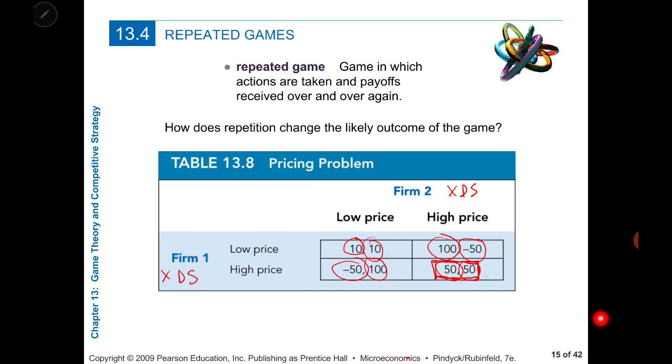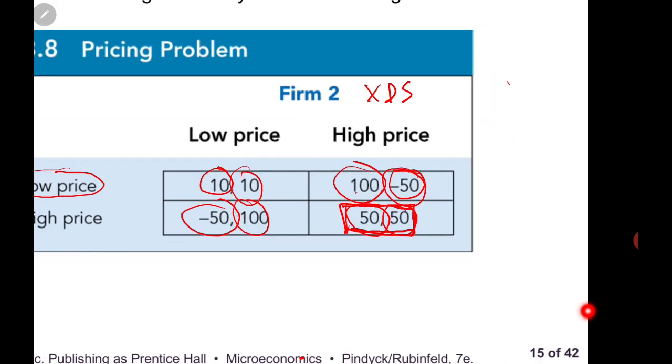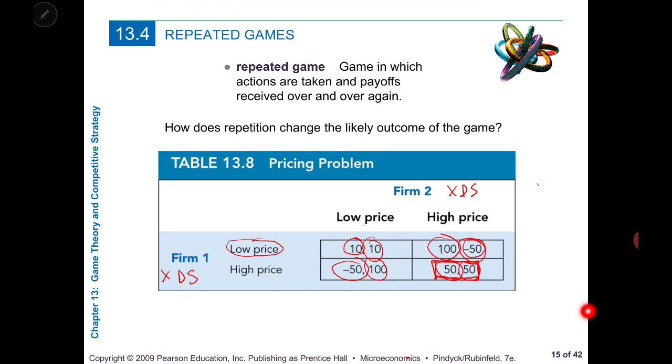And if one firm decides to undercut the other, let's say in this case firm 1 undercuts, that means firm 1 takes a low price action, firm 2 will lose. So it's 100 for firm 1 and firm 2 will lose, you will get negative 50. Or alternatively, if firm 2 decides to undercut the price, then firm 2 will gain 100, but firm 1 will lose negative 50. So any deviation will cause the other firm to lose.